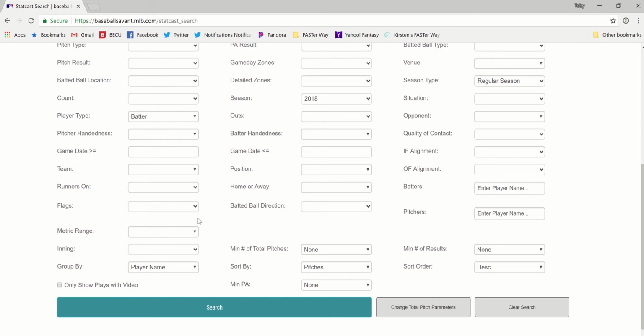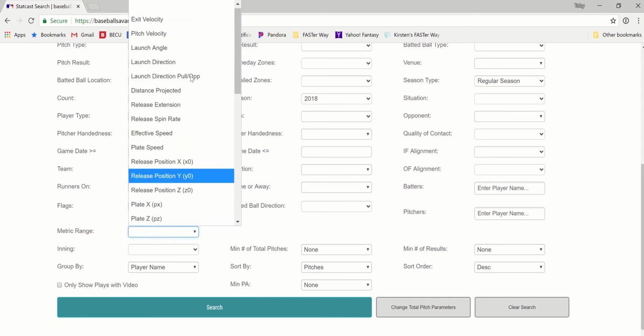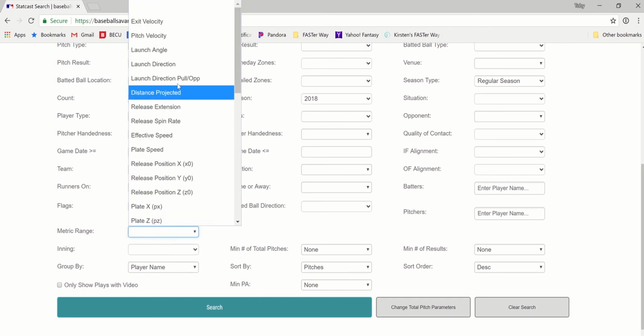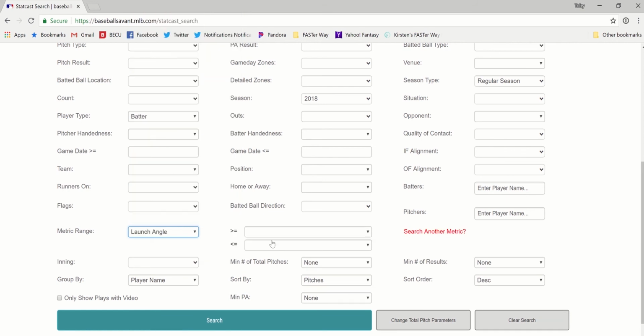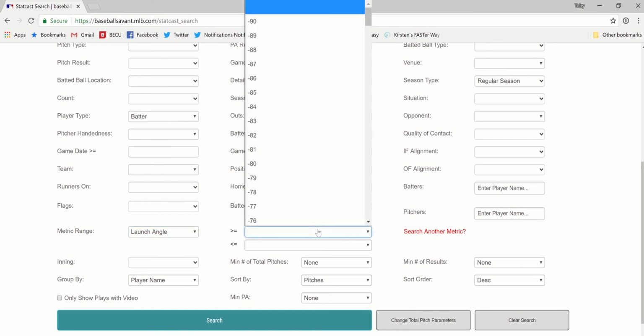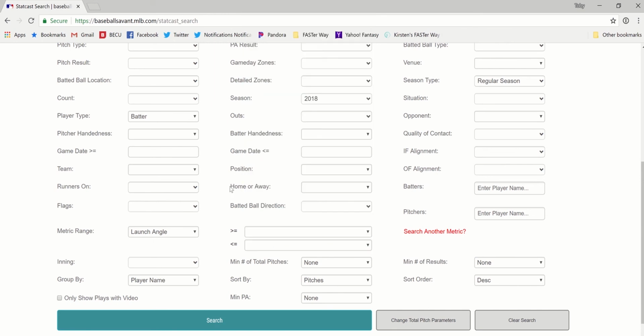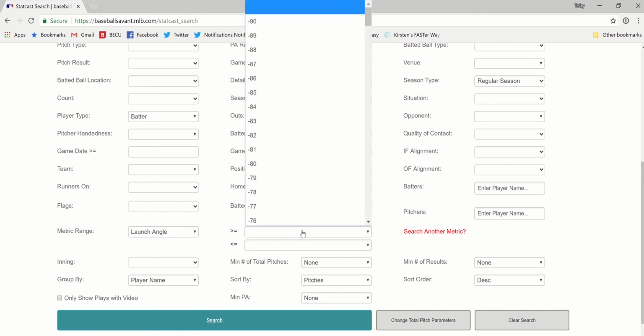Now what we're going to be doing is looking at this metric range here. This allows you to filter based on certain metrics. We're interested in filtering exit velocity by launch angle. So we are going to go to launch angle right here, and you're essentially going to have two options. You can pick a greater than and then a less than. So you can pick a range, or else you could do something like, one of my favorite searches, is just to go to